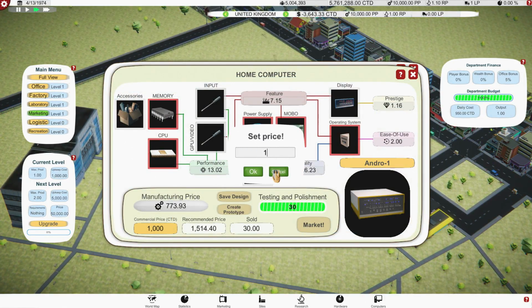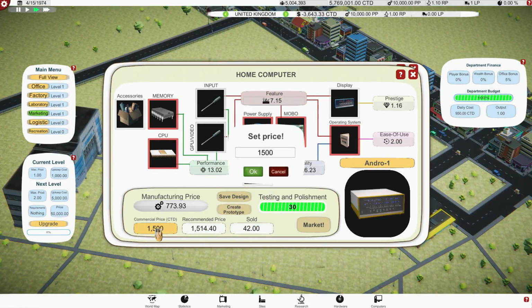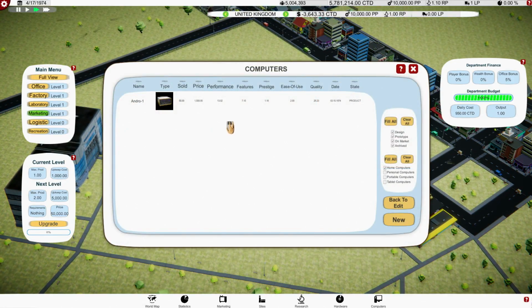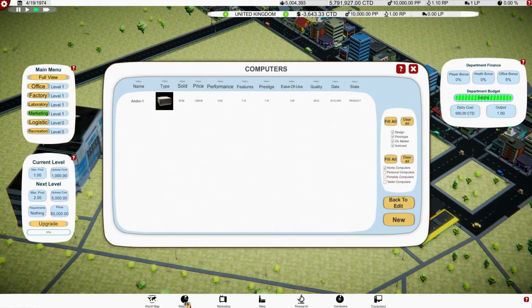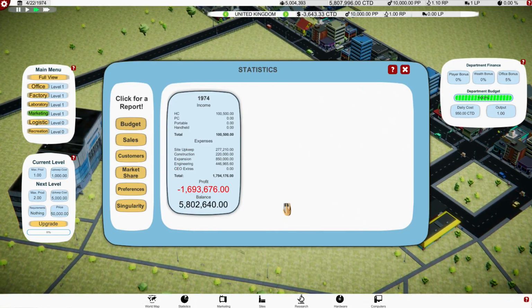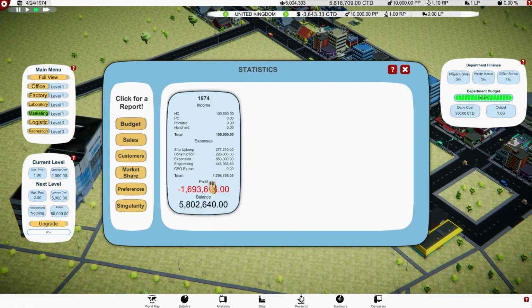Now let's push it up to 1,500. Maybe it was that marketing department we needed. There we go. Okay, we're selling stuff. Great. What does that mean from our... On this... researched a new technology. We've researched a new technology. Great, yes, but that's not...